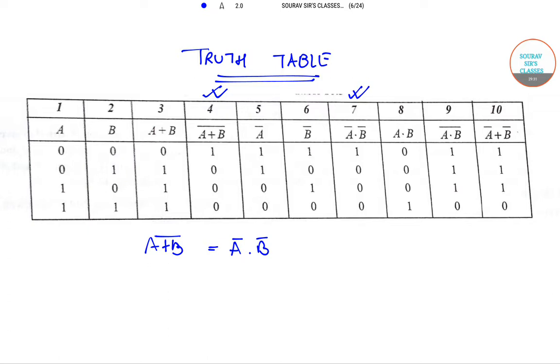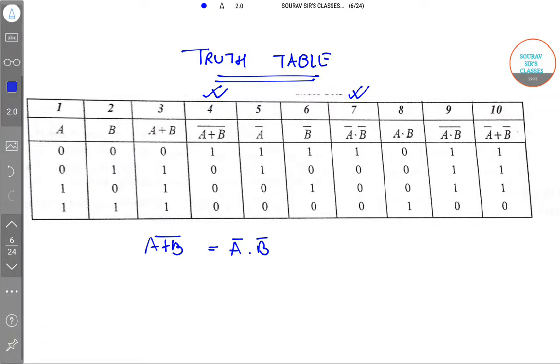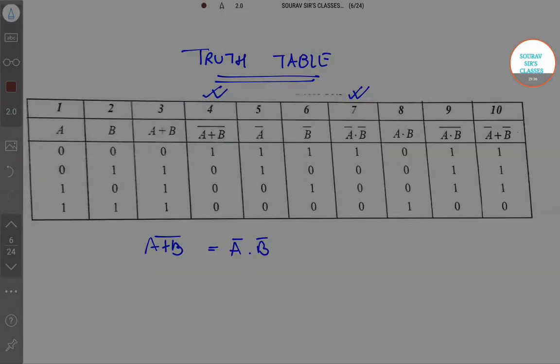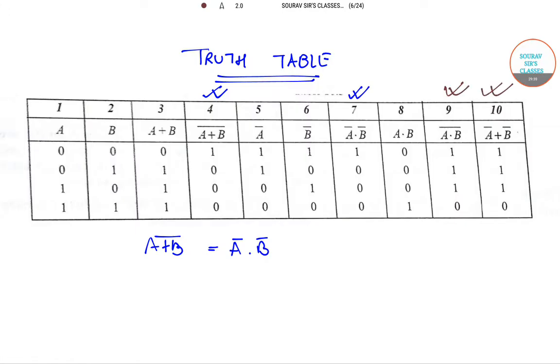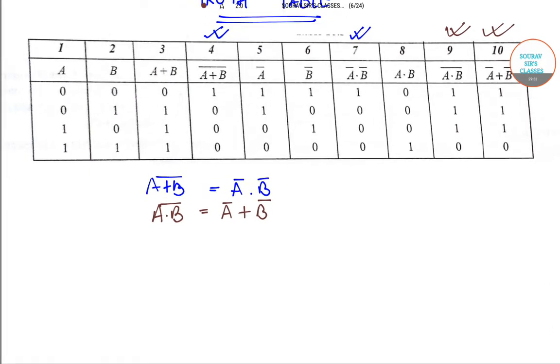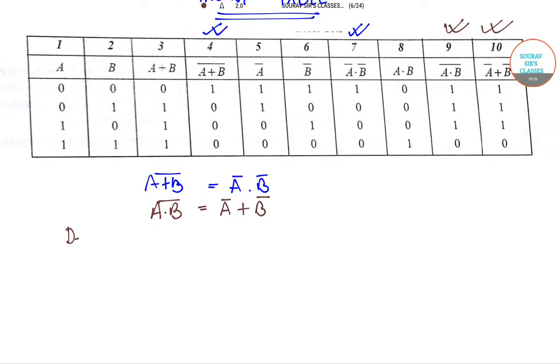And the column 9 and 10 are also identical. Hence the theorem stands proved, which is (A dot B) bar is equal to A bar plus B bar. So De Morgan theorem also states that